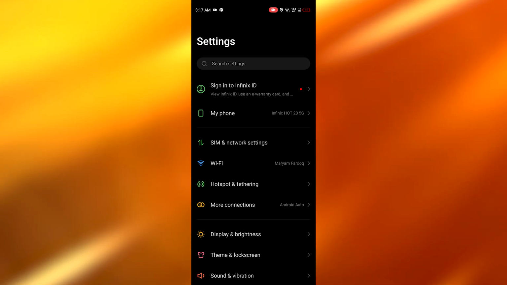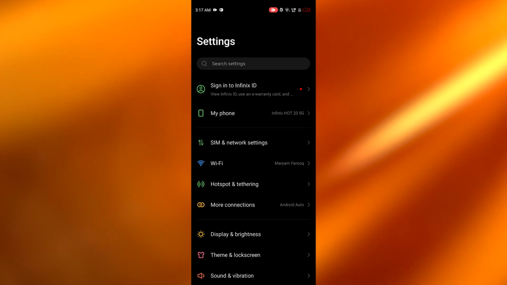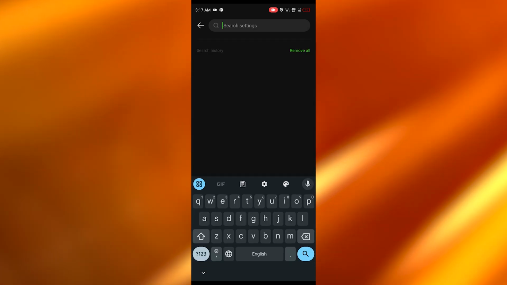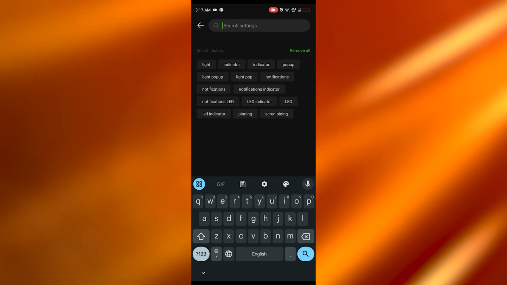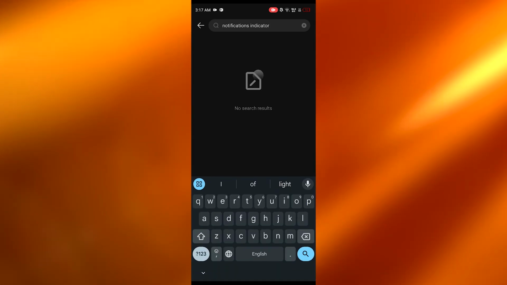So to change those notification lights based on different settings, you're gonna head over to settings and click onto notifications. Now from the notifications section, you're gonna select LED indicator and then assign custom colors to different apps or events. Let's head over to notifications, and once you're there, you can just simply add in the different colors to